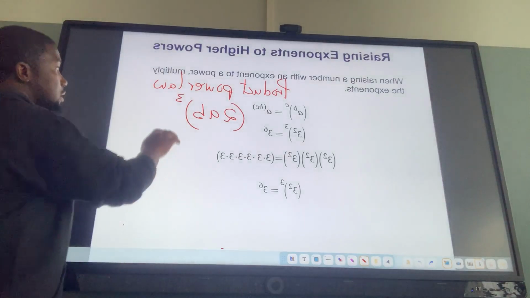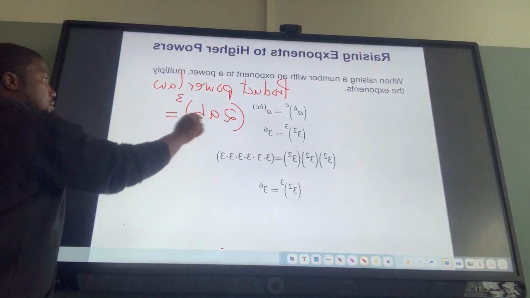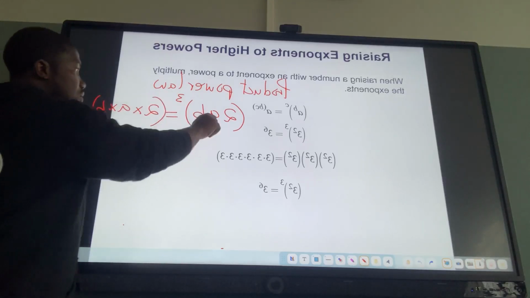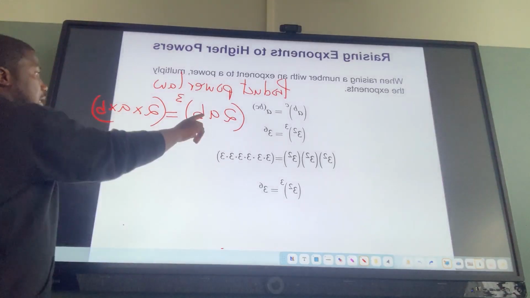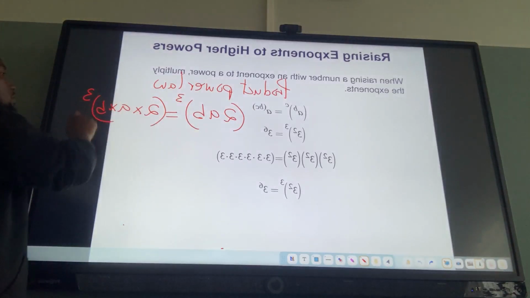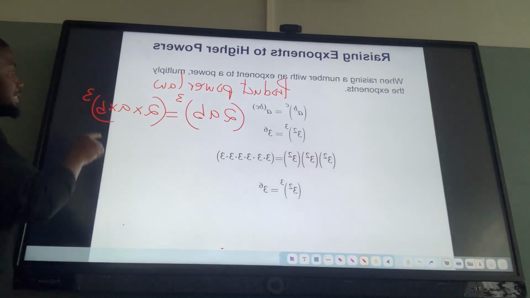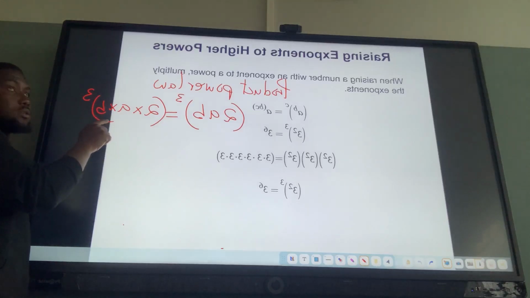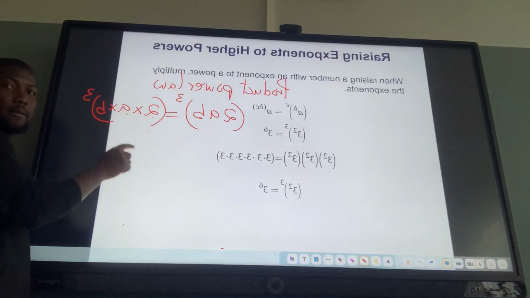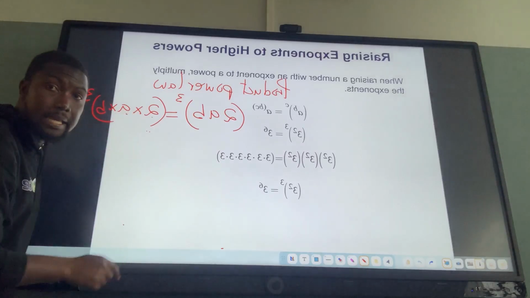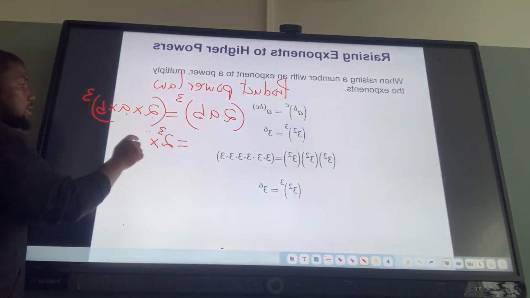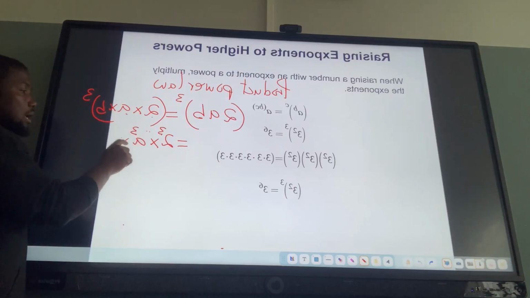Now, what happens to the product? This is a product, so that means it's 2 times a times b. That is what gives you 2ab. So 2 times a times b gives you 2ab, and this is raised to the power 3. You are going to distribute this power to every term in the bracket. So the power 3 distributed to 2, the power 3 distributed to a, the power 3 distributed to b. So this is going to be 2 to the power 3 times a to the power 3 times b to